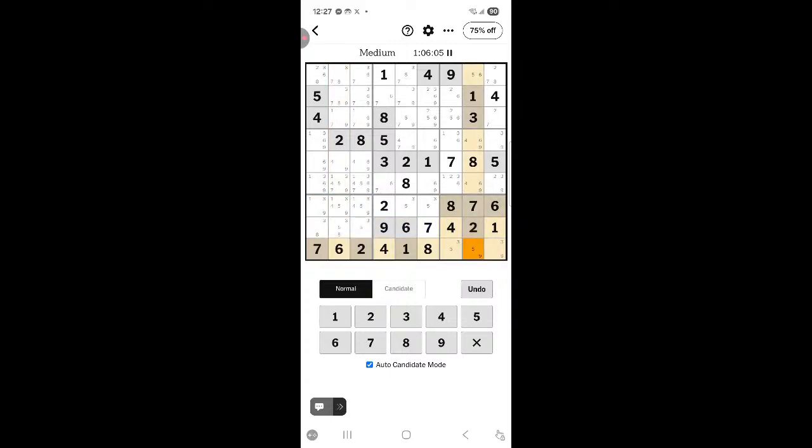But consider if we put a 5 here. That leaves only a 6 there. And if we put the 5 here, that means 5 and 6 are still open up there. So if we put the 6 here,